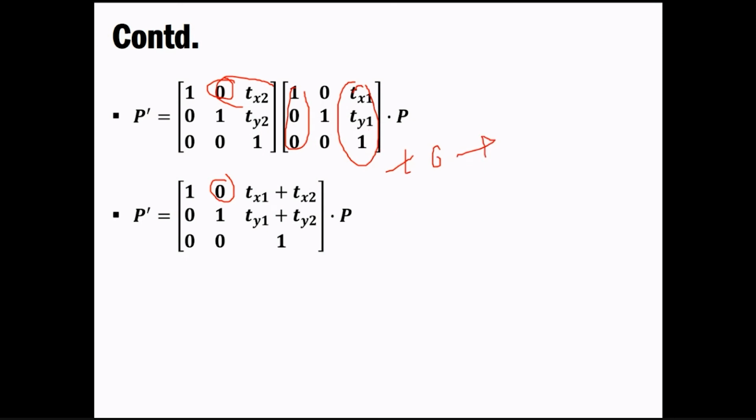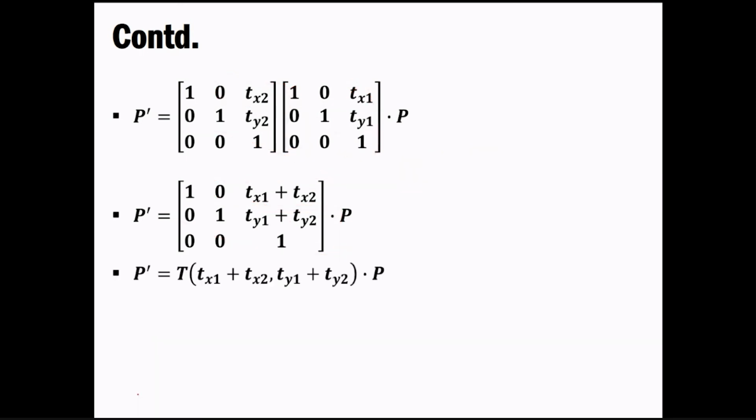Okay, that is in our case 1 with tx2. So you'd be remaining with tx1 plus tx2 over here. A similar thing is to be followed for the other one as well. You already know the matrix multiplication, so you would get this out of the symbolic calculation. So the simple thing you have to follow is tx1 plus tx2, ty1 plus ty2. So whatever number of parameters are given to you, you just need to put it in this form.